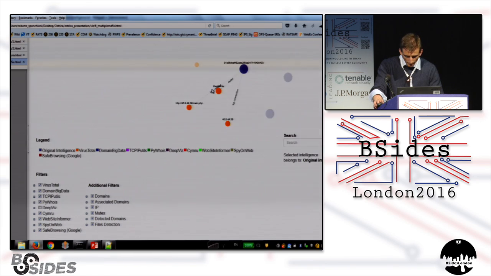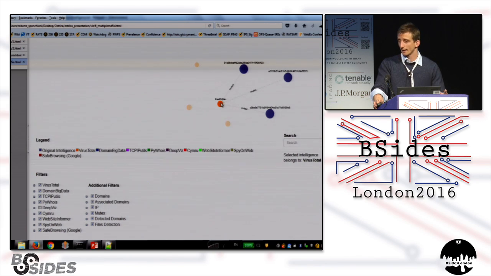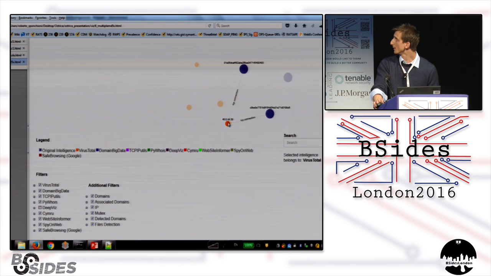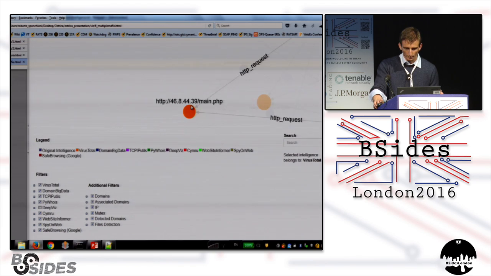One of them is actually not detected at all, but it is sharing the same mutex name. As I said before, this is kind of a very generic mutex name, but it's sharing an IP with another node that has been detected, and is sharing the same probably command and